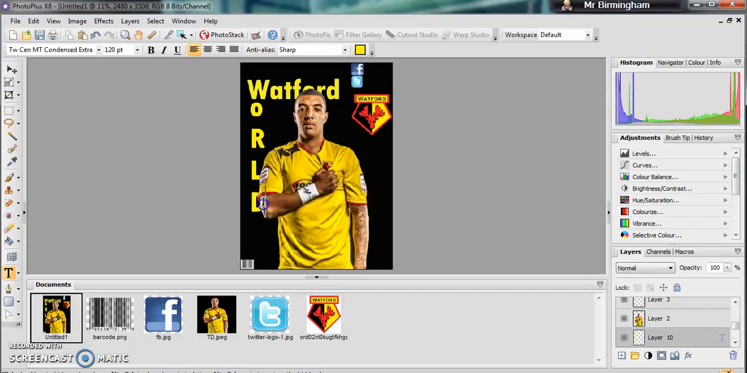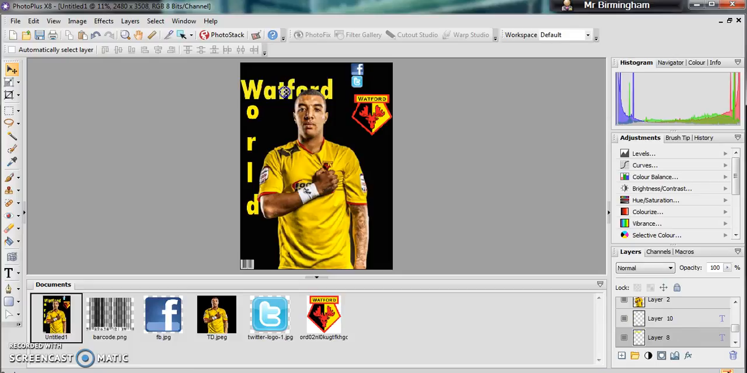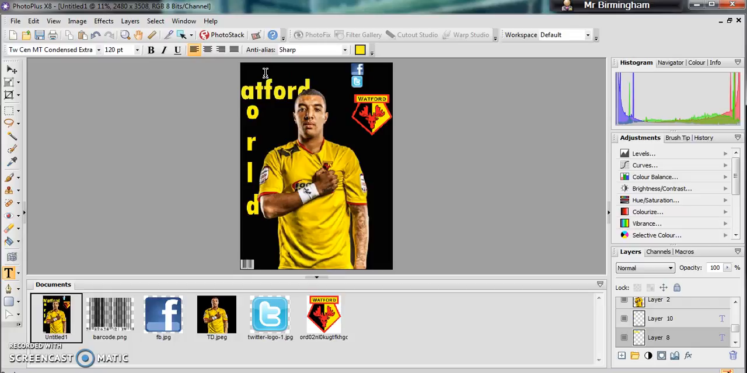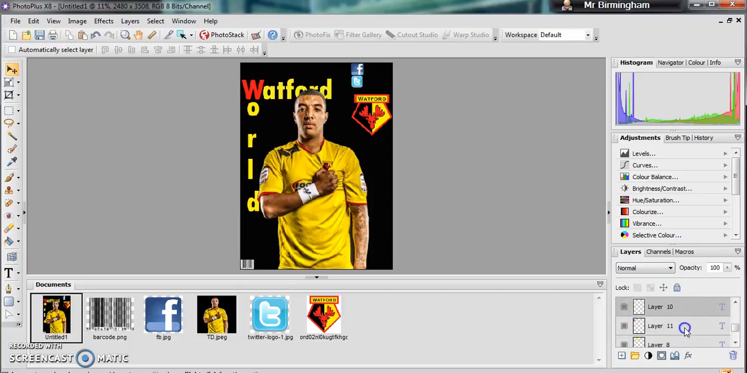Clicking on the layer, select it there, so O, R, L, D. Again, you can always move that if you wanted to. You can always go to the next layer and move that. If you wanted that one, for example, to be red, what you'll need to do is on layer 8, remove the W, put a space in, and do that as a separate text layer. So as you can see, I've got 1, 2, 3, I've got 3 text layers there. So that's if you want to do a separate